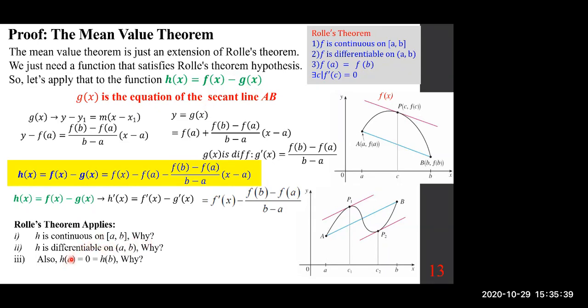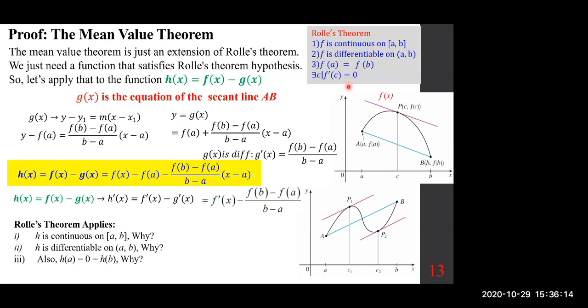Now h of a, again, I want you to try this on your own. Plug in a and evaluate. This becomes 0. Plug in b, okay, you get f of b minus f of a, minus f of b minus f of a over b minus a, and these two cancel each other. These two, with the negative, cancel each other. So I hope you can verify this. I leave it for you to verify. Therefore, Rolle's theorem applies, and if Rolle's theorem applies, there is a place where the derivative